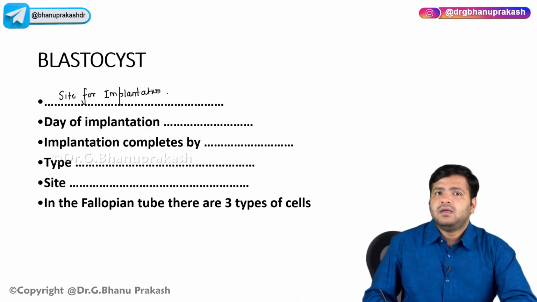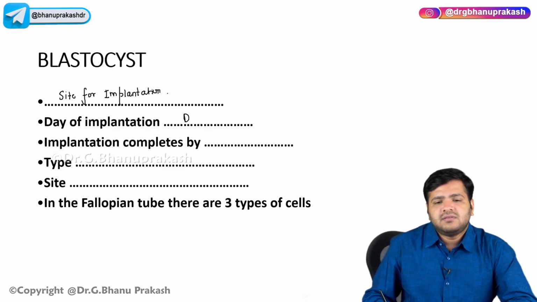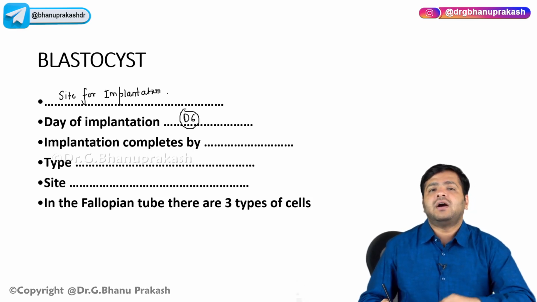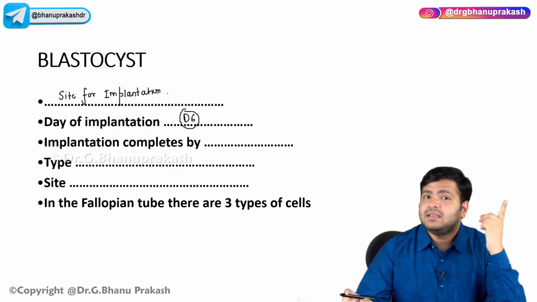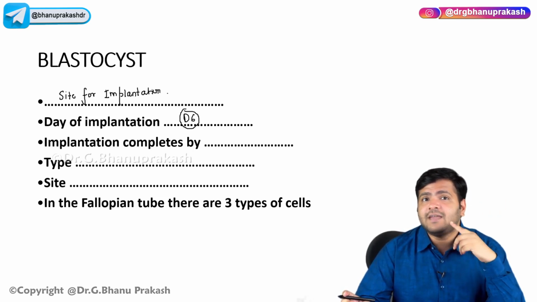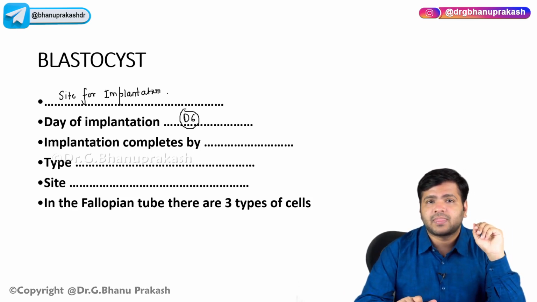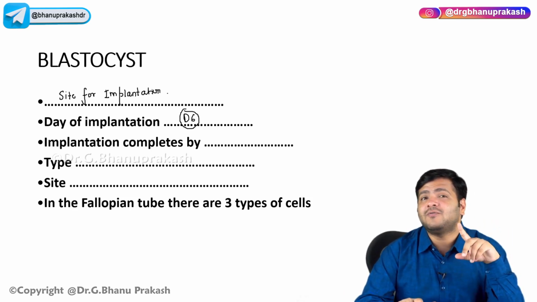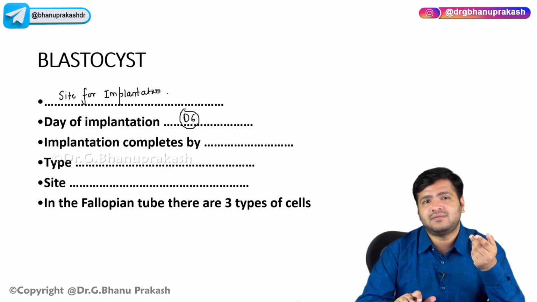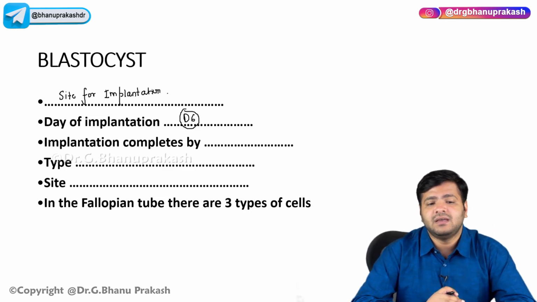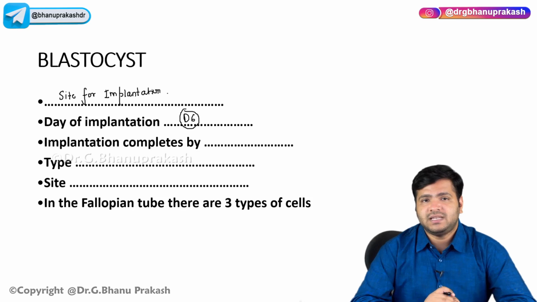Right. Day of implantation, it is day 6. Now again form a mind map, right. Day 4 it enters inside, day 5 zonal hatching will take place, and day 6 is the day when the blastocyst will invade, right. Now if I ask you, if fertilization happens on the 14th day, so day 6 will be day 20th of the cycle, where the implantation will take